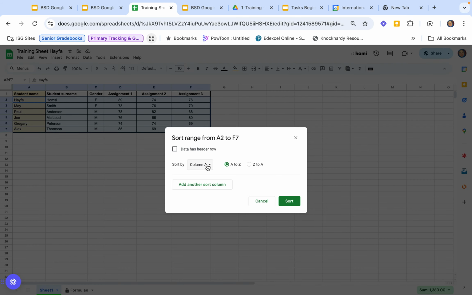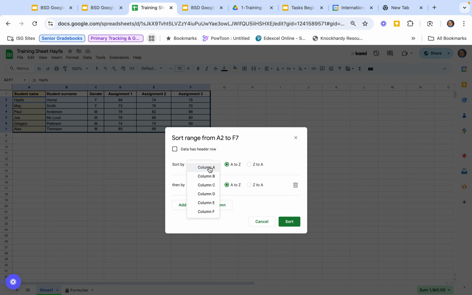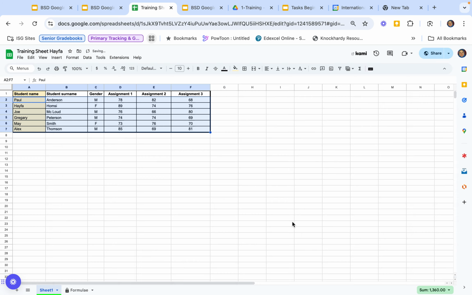I don't want it by column A, I want it by column B first, and then by column A. I don't care whether it's a male or a female, I want them in alphabetical order per surname. If I want to move my surname to be the first column, all I need to do is actually, when